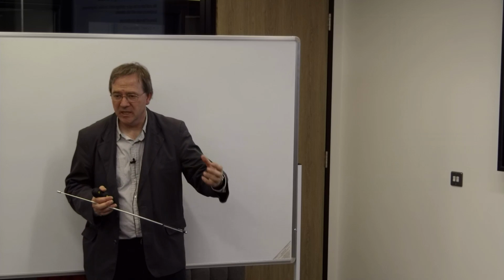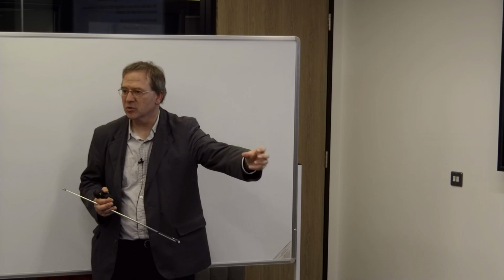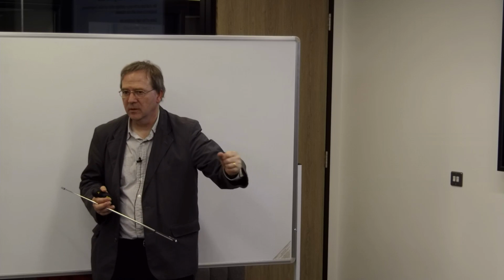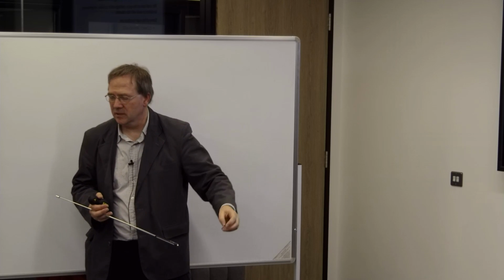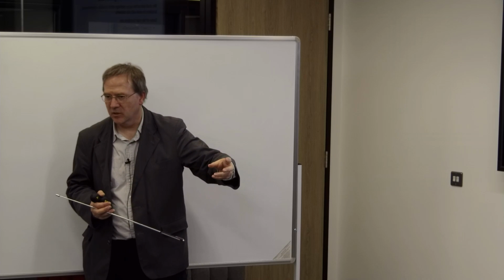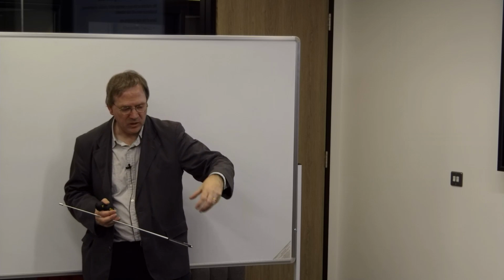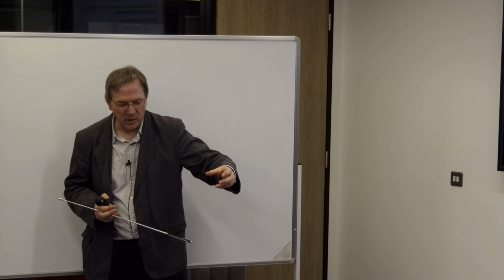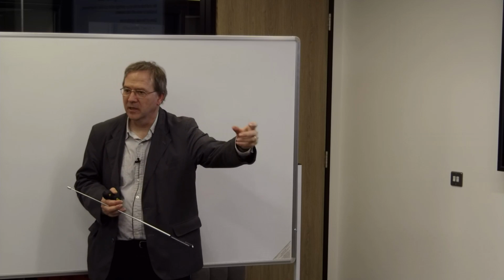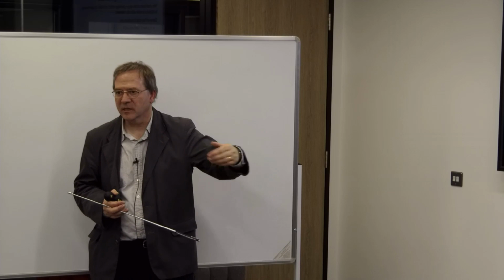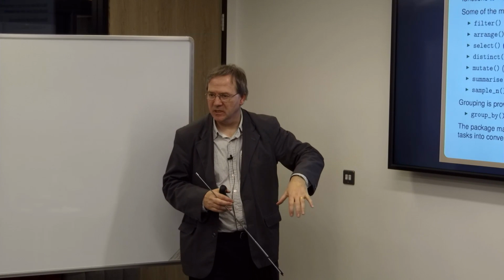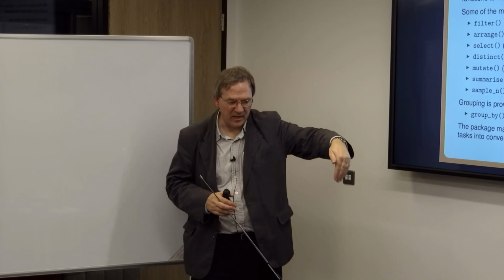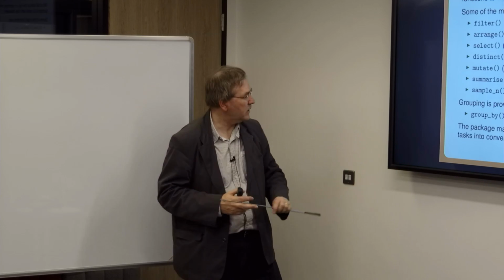And when you mutate, you can add in one or more additional variables, and also the way in which you describe those additional variables, it's a lazy evaluation. So what that means is that you can create a new variable in the mutate, which you can then use in an expression in creating another variable. So that's very convenient to be able to express things like that. So mutate builds new variables out of existing variables and then adds them in as additional columns.